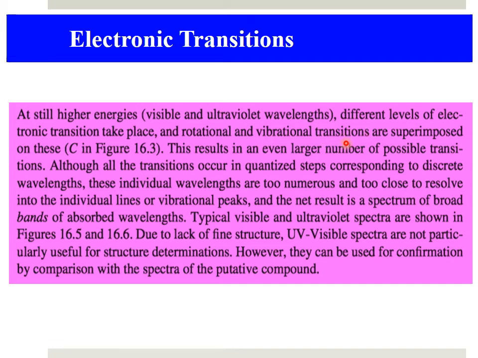So what will happen is that all these transitions will be superimposed, so we will not be able to resolve them. There will be too many and too close transitions for us to resolve into individual lines or vibrational peaks, and the net result is a spectrum of broad bands of absorbed wavelength. So we will have broad bands, and typical visible and ultraviolet spectra we will discuss